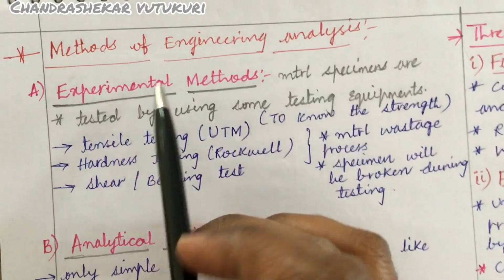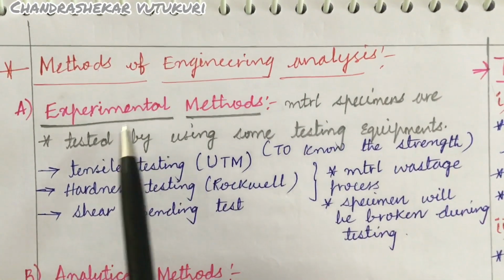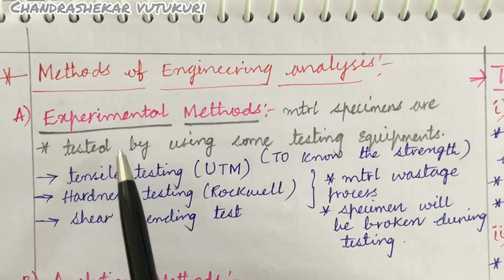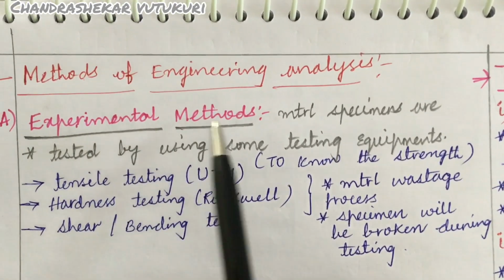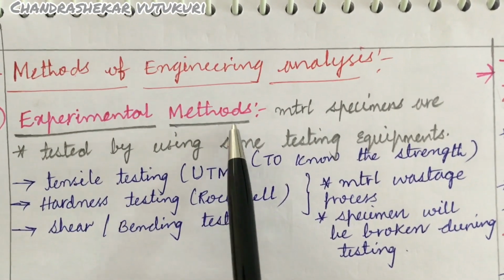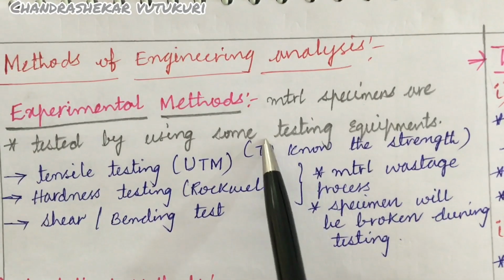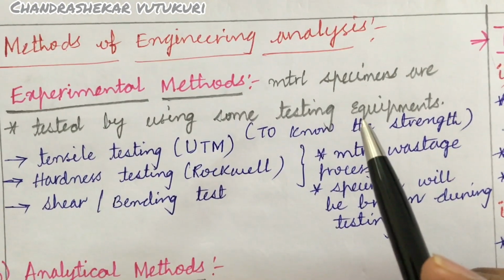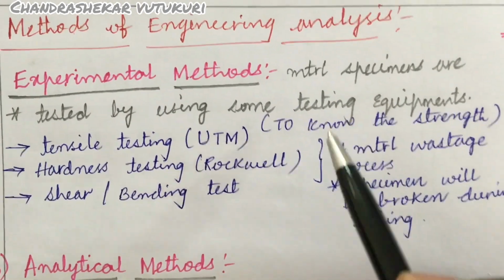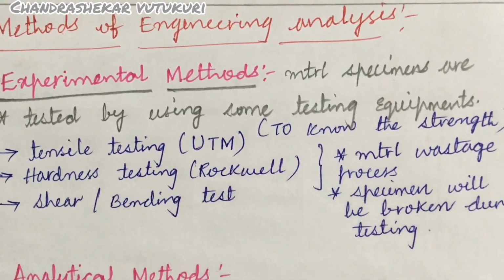In today's lecture, we will see what the methods of engineering analysis are. The engineering analysis methods are of three types. The first one is the experimental methods, dear students. What are experimental methods? Material specimens are tested by using some testing equipment. We have done this in mechanics of solids. If you take mechanical, civil and aeronautical engineering students, they might have worked on mechanics of solids